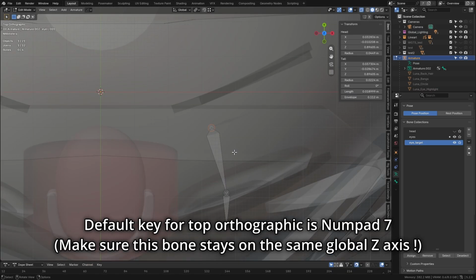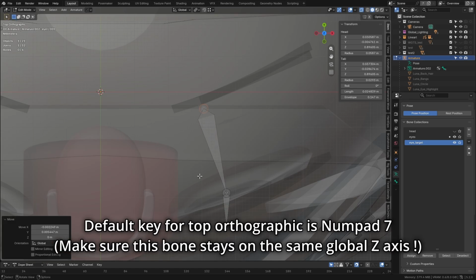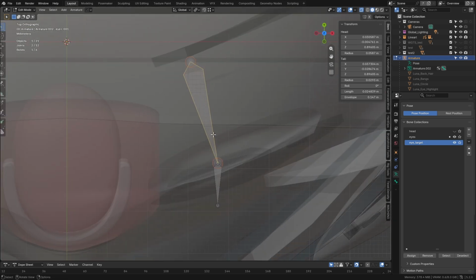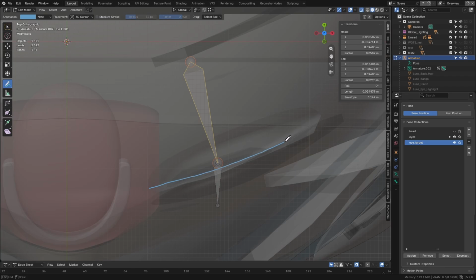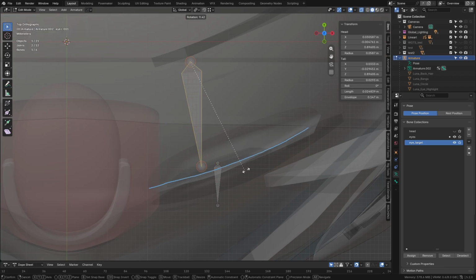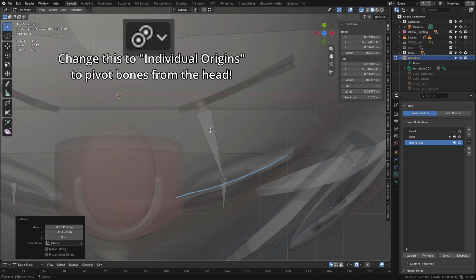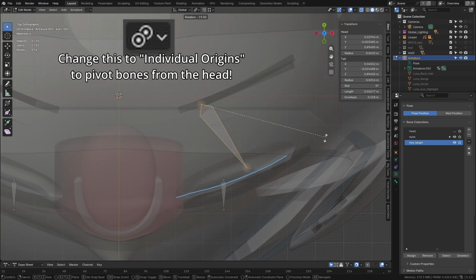You're going to want to place the head of the bone at a good angle so that this entire bone has a good angle with your eyes. That depends on your character. For this character, you can see how I'll draw it out. This eye is kind of like this, right? So our bone needs to be somewhat like that. It doesn't need to be exactly like that, but it is good so that when your character moves their eyes